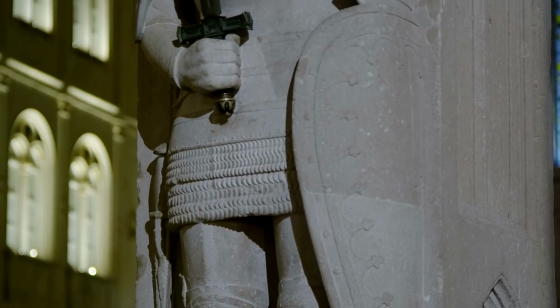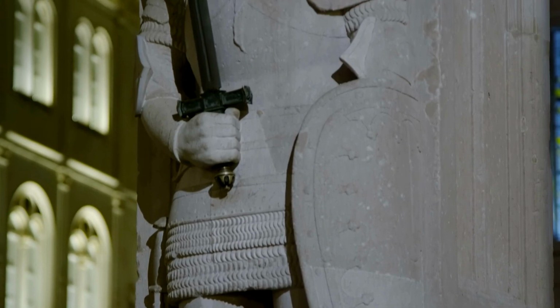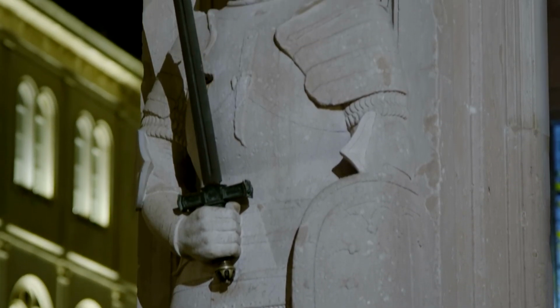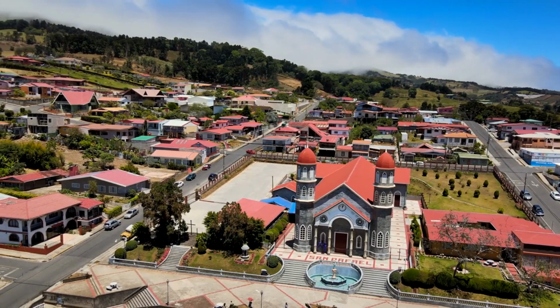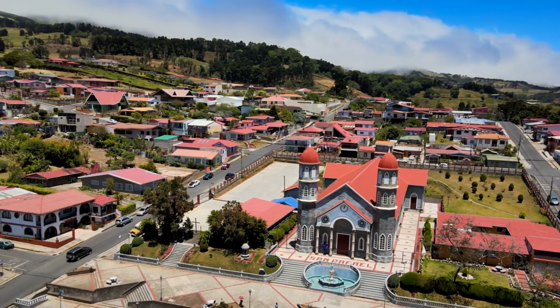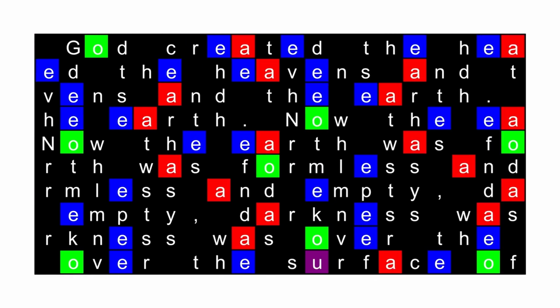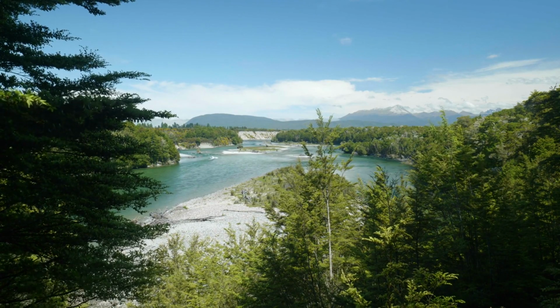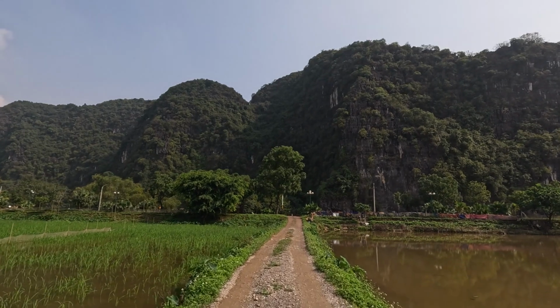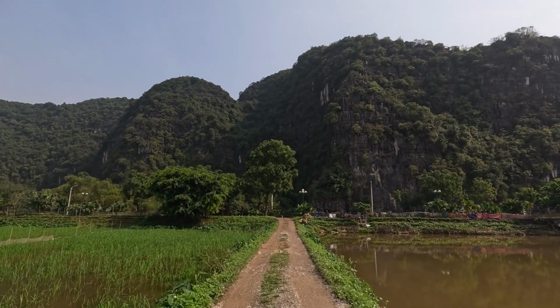From Mundane to Mythic. Transforming ordinary spaces into extraordinary worlds. Turning an ordinary setting into something magical doesn't require a complete overhaul. Sometimes it's the small details that make the biggest impact. Think about Tolkien's Shire in The Lord of the Rings. It's a simple rural setting, but it feels rich with history and tradition.